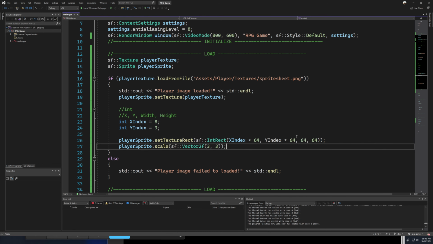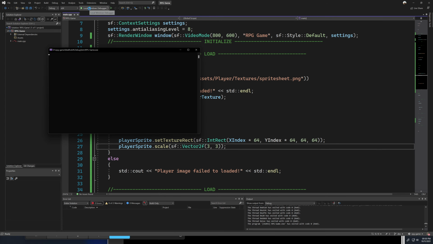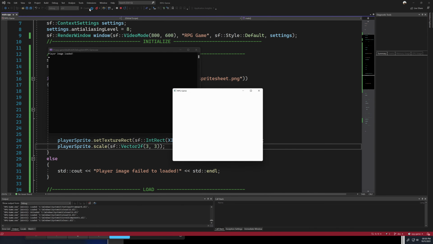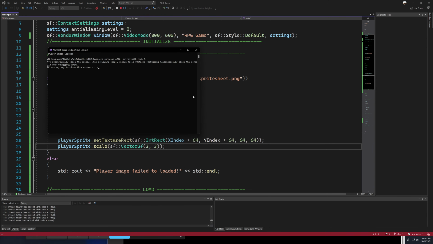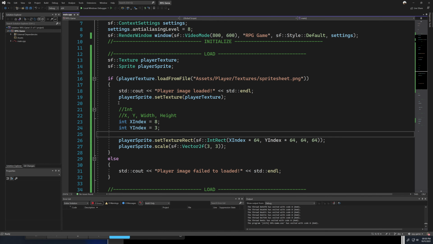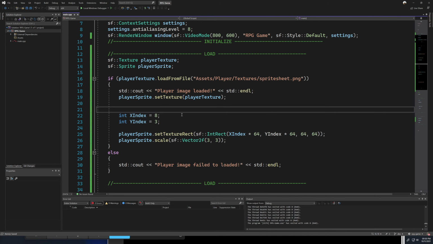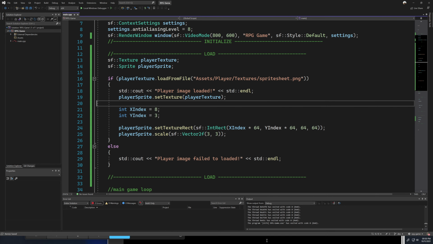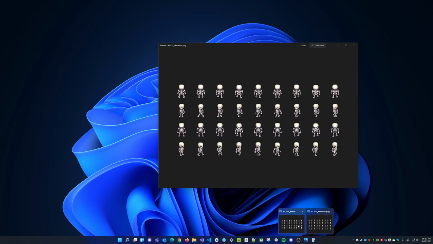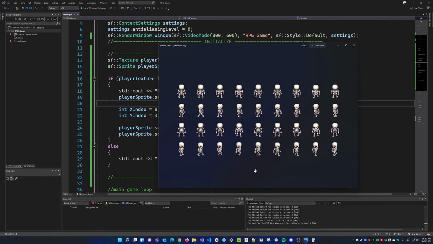All right, so that's that, right? It's pretty simple. And so now we have that image here. So now we have a system, which is a cool system. Now we can pick any image on my sprite sheet.